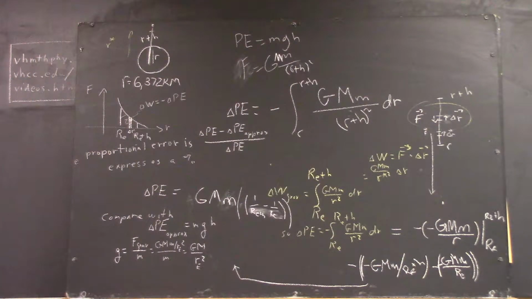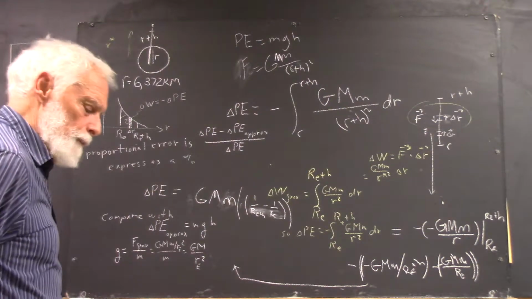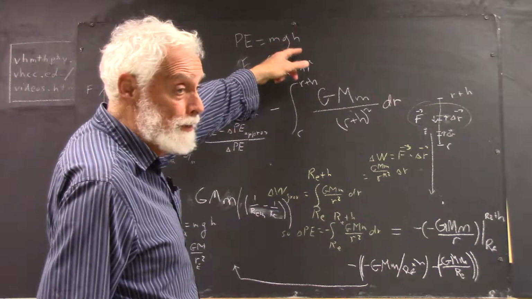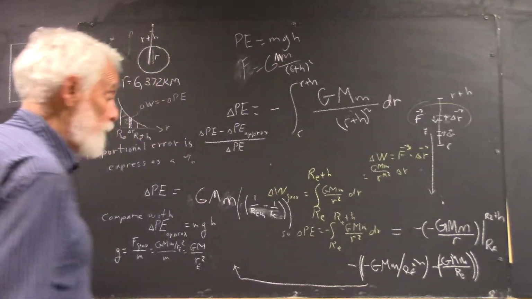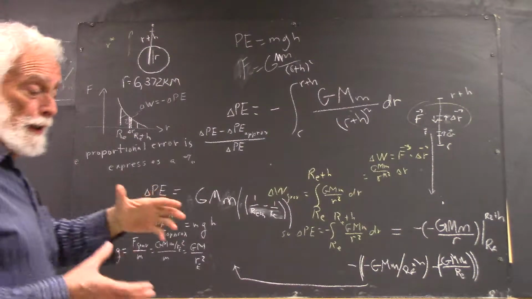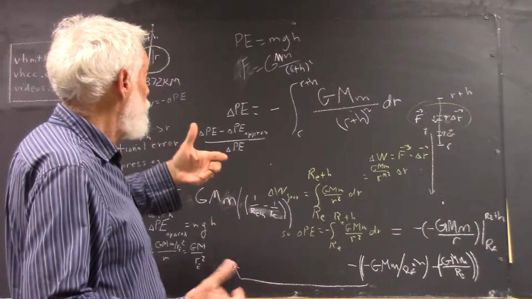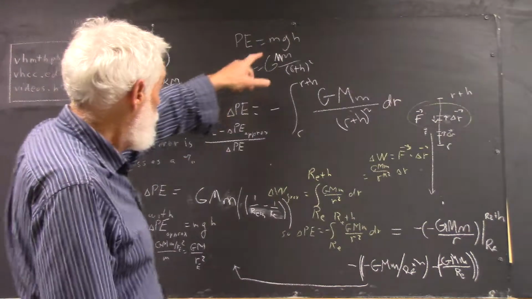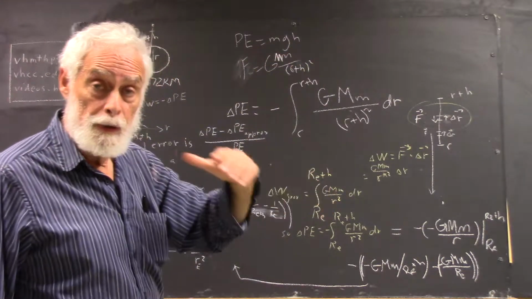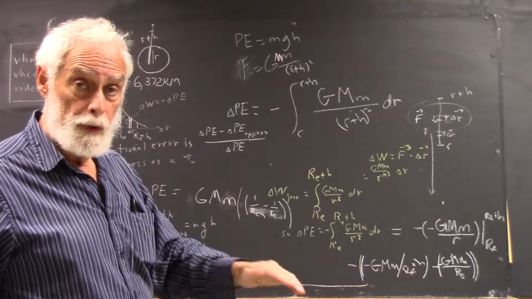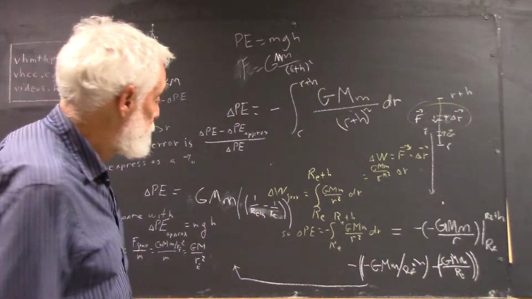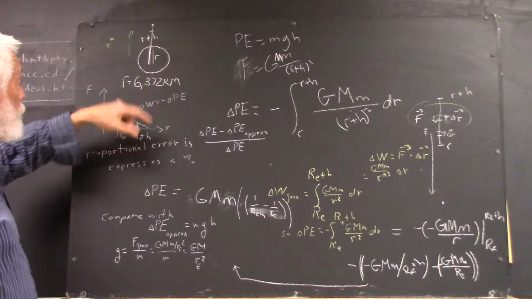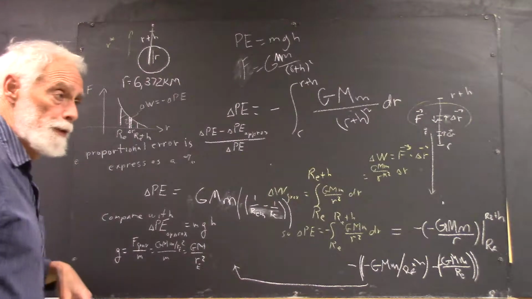Okay. We're asked to compare essentially the potential energy you get from MGH with the potential energy you get by actually calculating the potential energy change, thinking of gravitational potential energy. Now, MGH is implicitly the gravitational potential energy relative to the surface of the Earth. Now, if you go far from the surface of the Earth, where in this picture